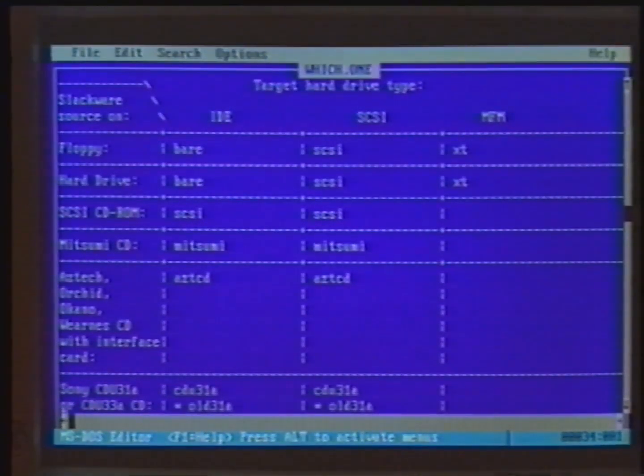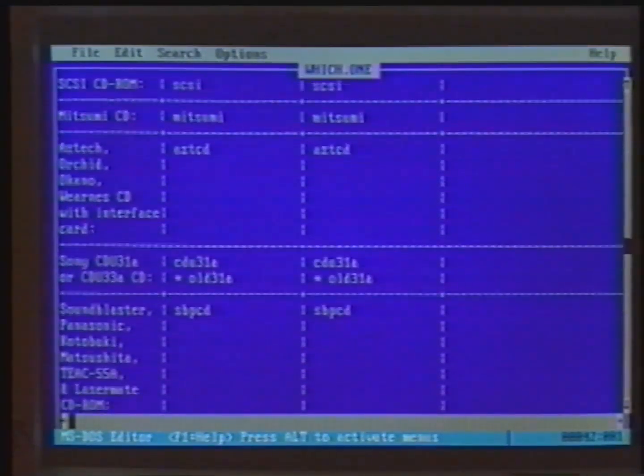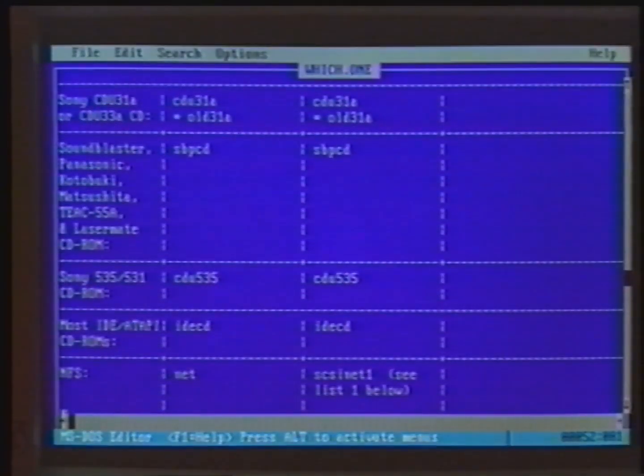Now, I have an IDE hard drive, and my Slackware source is on an IDE drive. So if I look here, which is the IDE drive, and I go under the column for putting it onto an IDE hard drive, it says that the kernel, or the boot image, that I need is the IDE CD boot image. So that's the one that I'll use. I'll get out of here